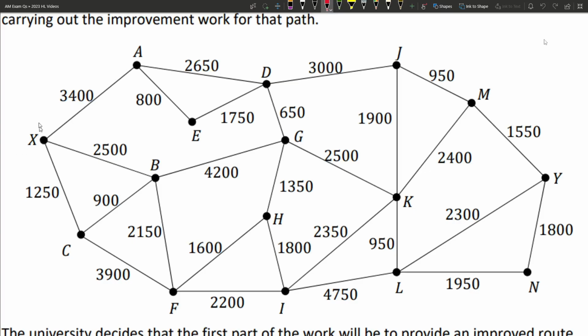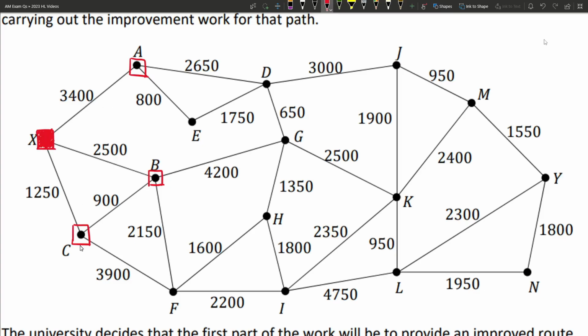So we're starting at x, so I'm going to show the way that I learned to do Dijkstra's algorithm. We put a box around x, because that's where we're starting, and then we look at everything that x connects to, and we put a box around them as well. And actually we color in x as well, because that one's already done. We don't need to do anything to that, because that's the starting point,